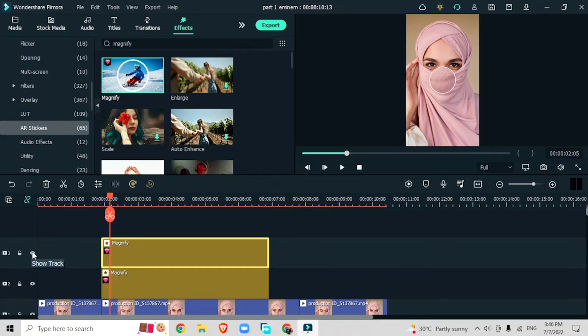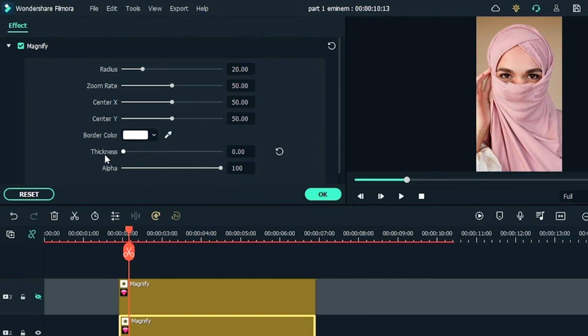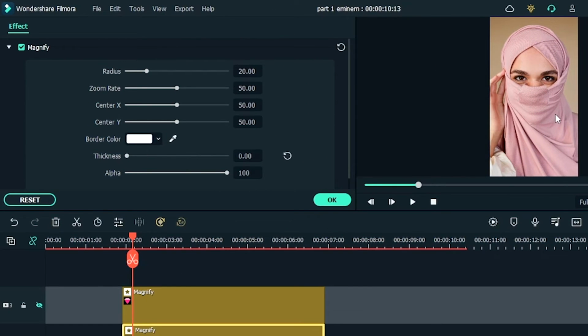I will hide one of these magnify effects so I can focus on one at a time. Double click. Let's reduce the thickness. We do not want that white line. Then we're going to move the center X and Y to place it right on her eyeball. There we go. You can also fix the zoom rates. I will keep mine somewhere like this